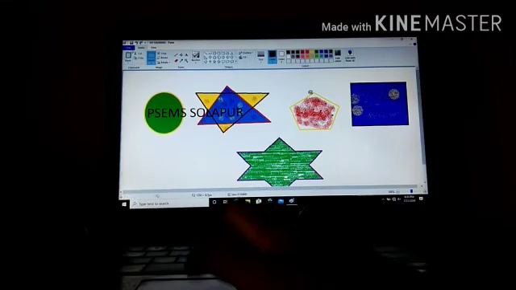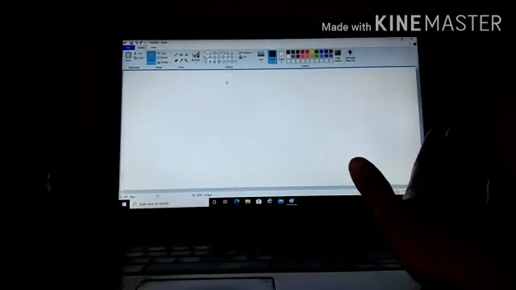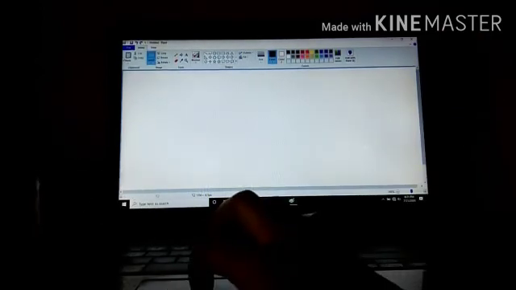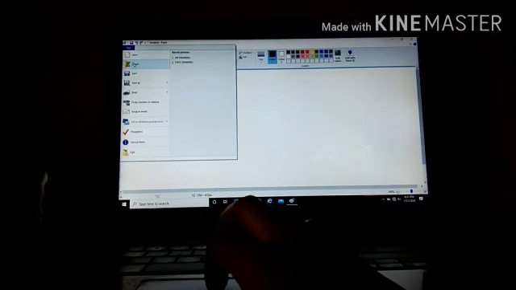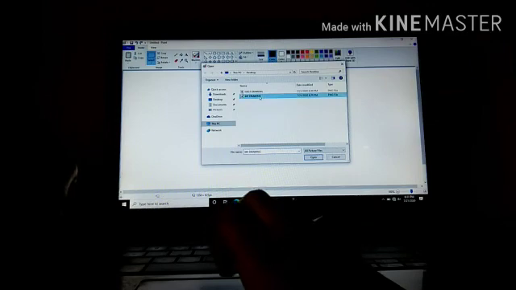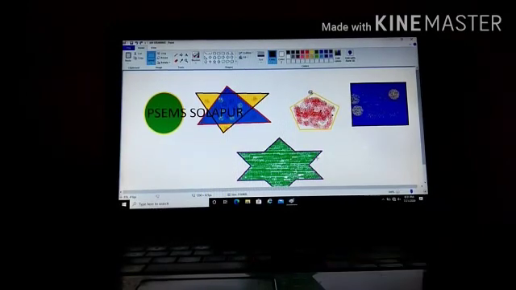Let's see one more time. Click on the file, new, I will select this. Now this is the whole blank page, right? Now I want to open the same file which we have already saved. For that, file, open. I'll select the file name first. Yes, this one. And then click on open. Is it the same file? Yes, the same file we have saved previously. This is the way you can save, draw everything.